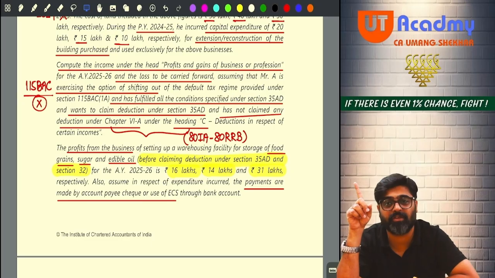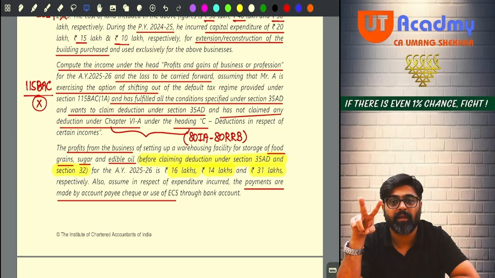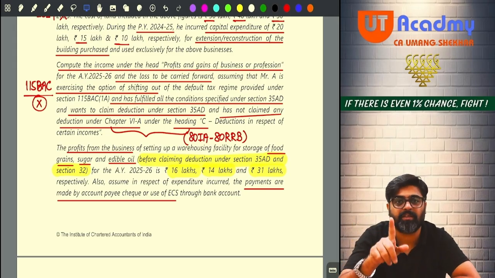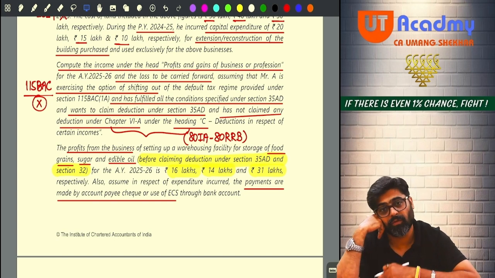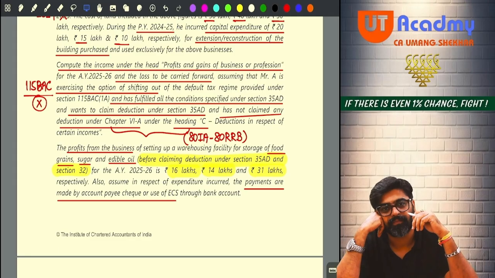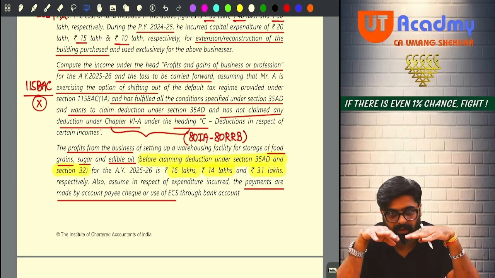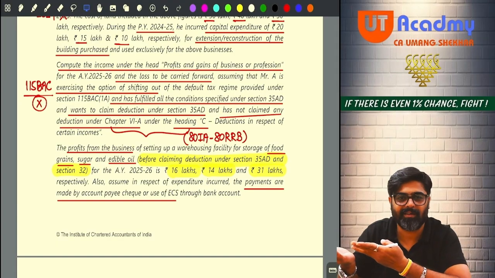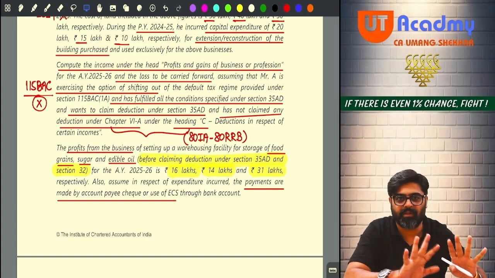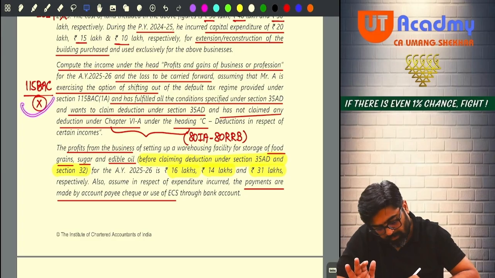First one, additional depreciation not available if you follow 115BAE, do you remember? Second, donations made for scientific research, etc. will not be allowed under section 35. And third, deduction under section 35AD, capital expenditure under section 35AD, will not be available. Now this you will have to claim in the form of depreciation. Wait. But here we are shifting out, meaning that we are going to get the 35AD deduction. So 115BAE is not followed.